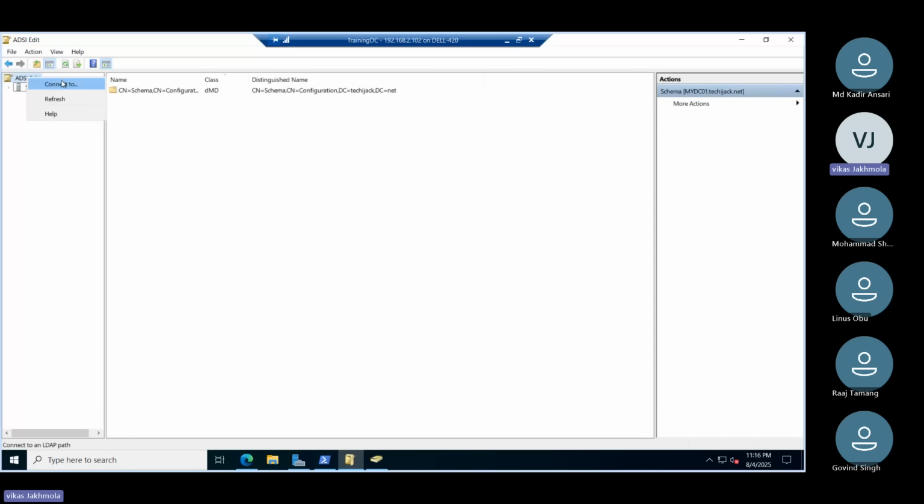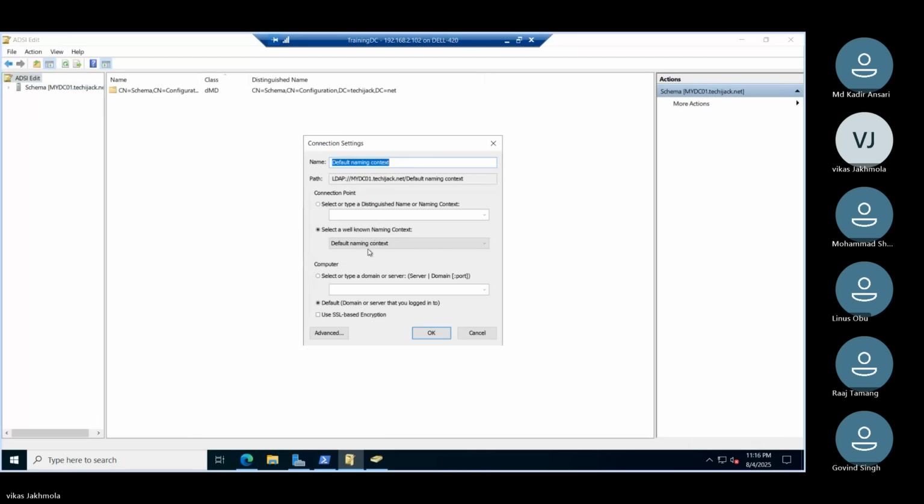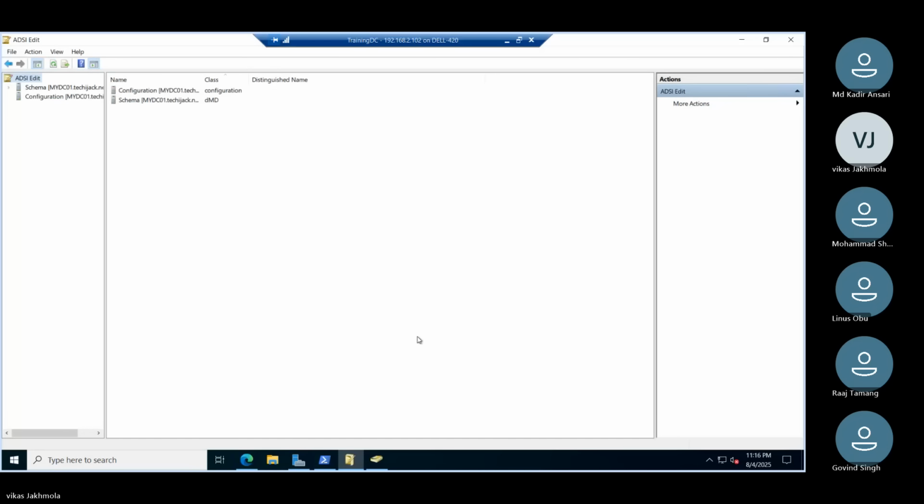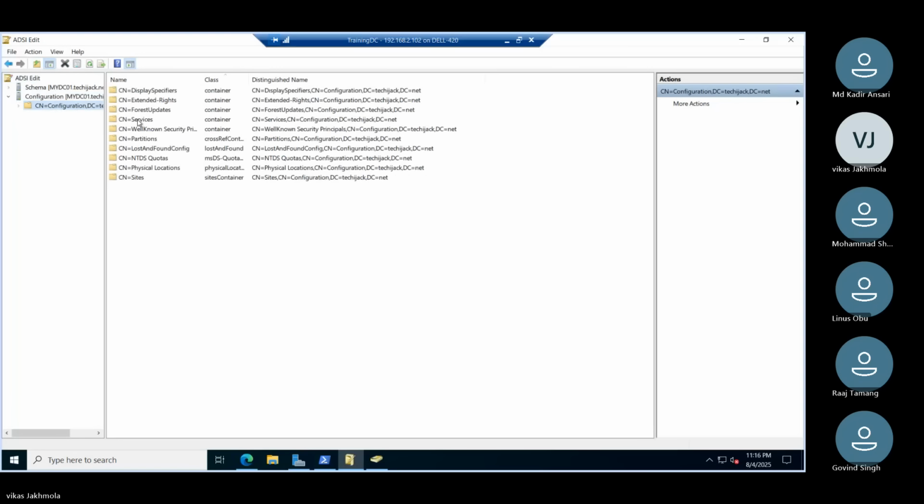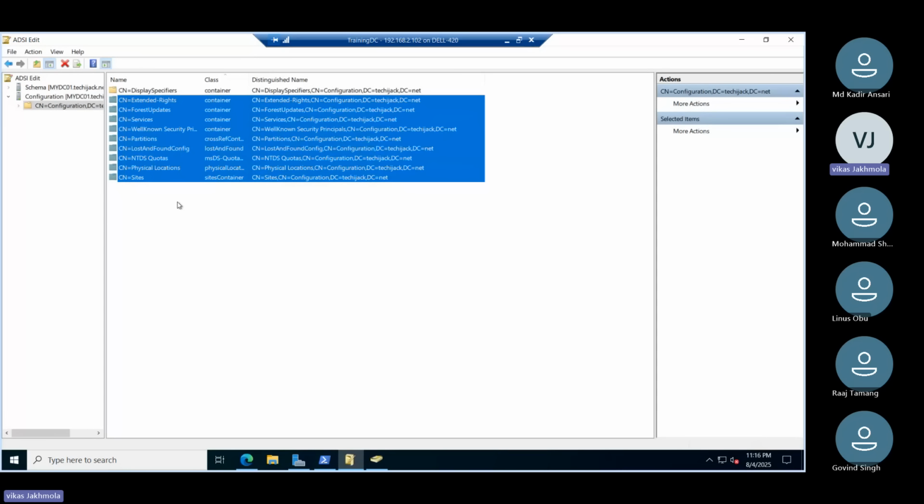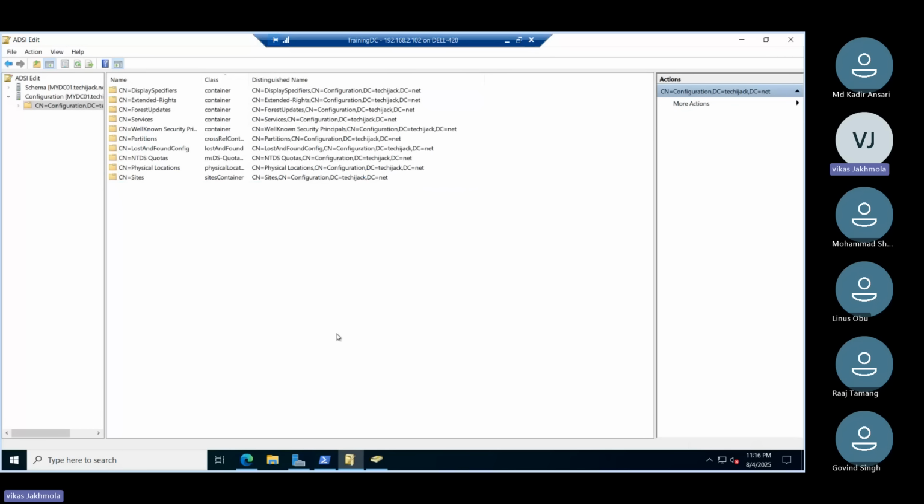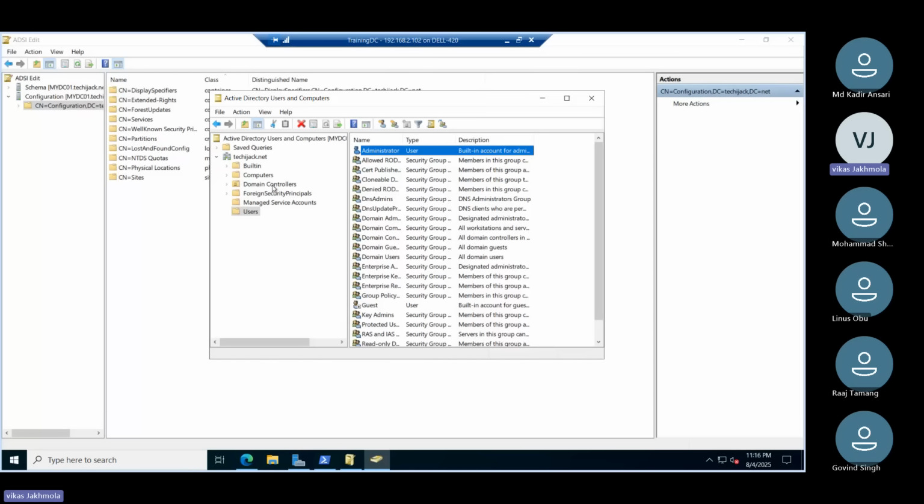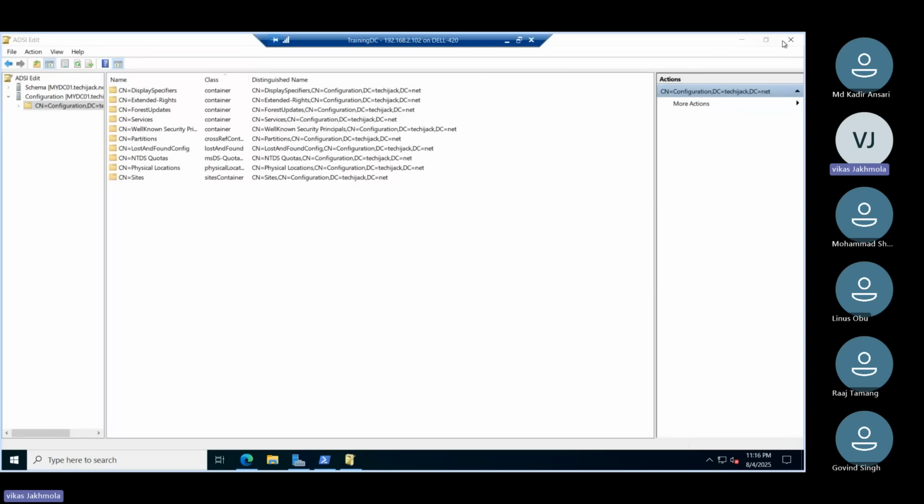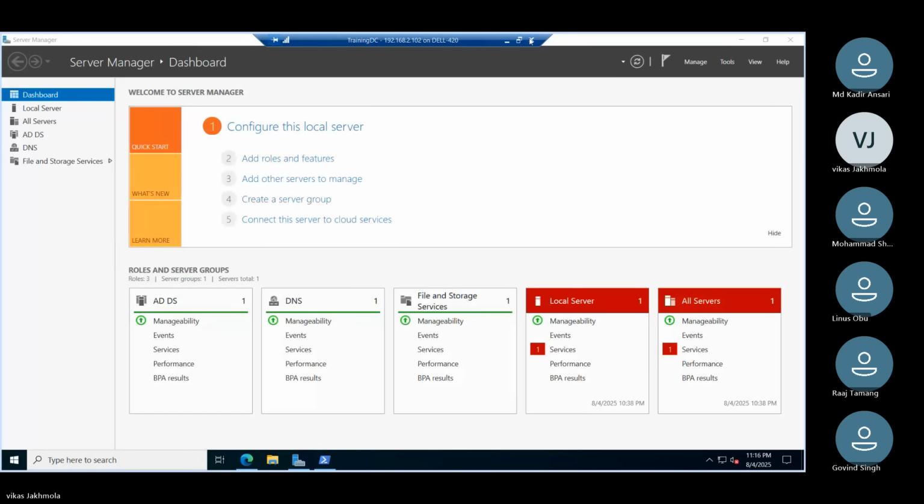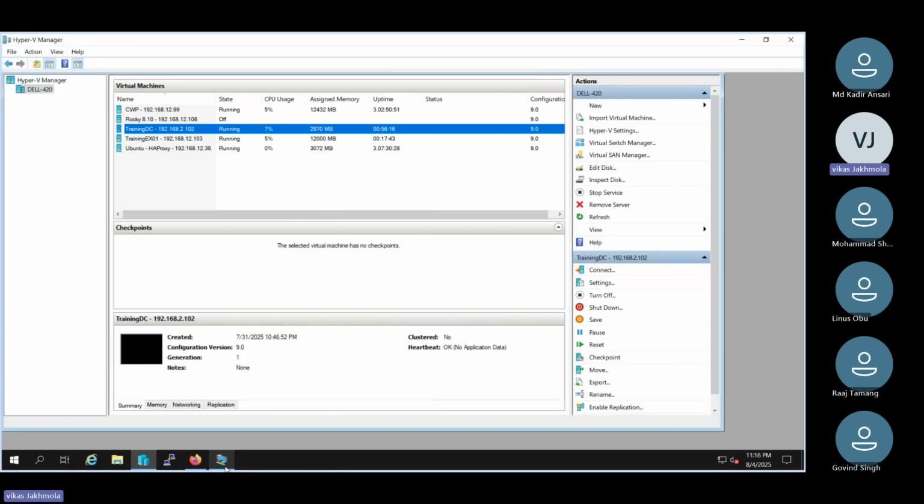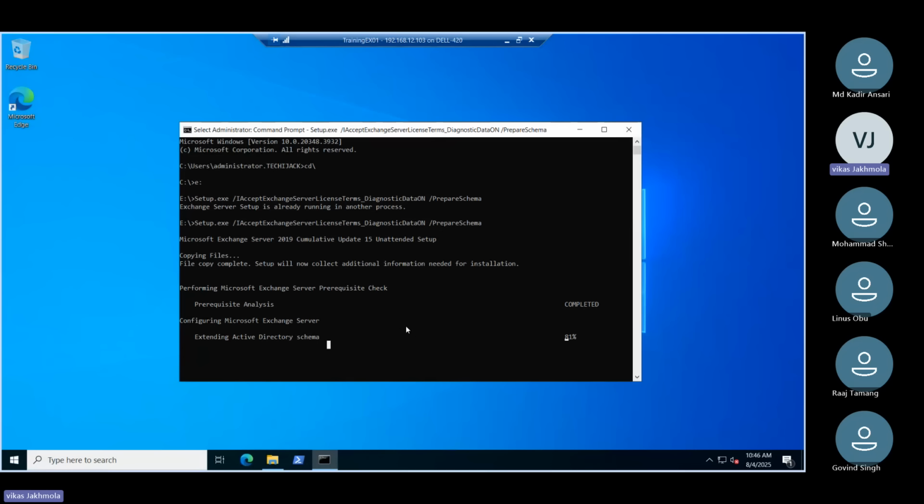And in the same way, if we see here, connect to the domain partition, yeah, the configuration partition. Here we don't have Exchange security groups right now. When we install Exchange, we will have the security groups inside here. So let me close everything from here now, and quickly, the schema is extending, and the next command will be